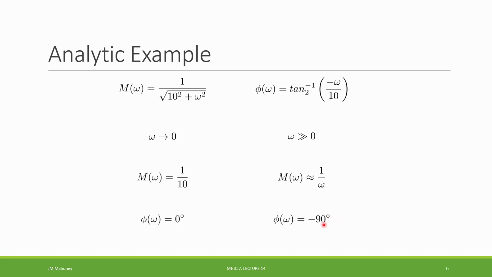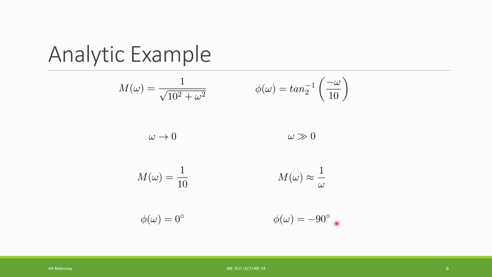But here, if we try to take the tangent of negative 90, it will say undefined, but it's more or less saying it's like negative 1 over 0. So it's a very large negative number. However, if this were positive, we would get positive 90 because the tangent of positive 90, again, it's undefined, but really it's going towards a very large positive number. So what this is telling us is for large, high frequency inputs, the magnitude is going to get very, very small. So the output amplitude gets very, very small for high input frequencies, and the phase is going to go